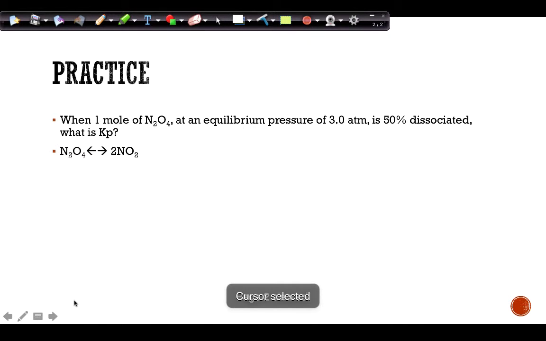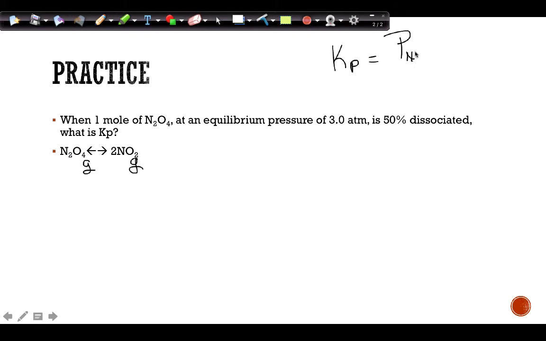All right, so when 1 mole of N2O4 at an equilibrium pressure of 3 atmospheres is 50% dissociated, what is Kp? Okay, so first thing, these are both gases. Let's write out the Kp expression. So Kp is going to be equal to, we're only going to include gases here, products over reactants, so it's going to be the partial pressure of NO2 squared divided by the partial pressure of N2O4